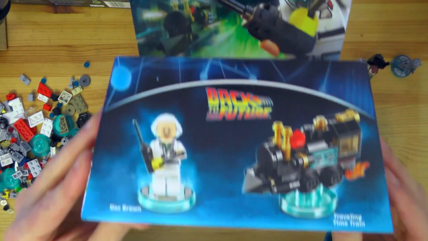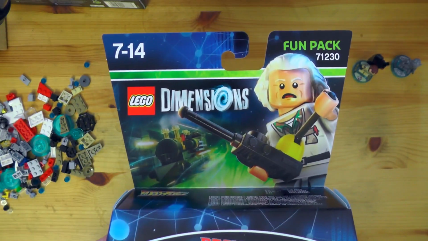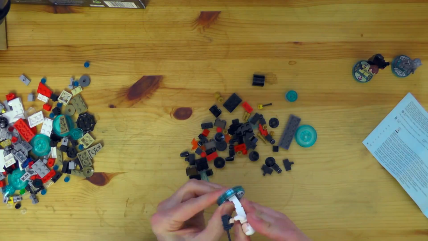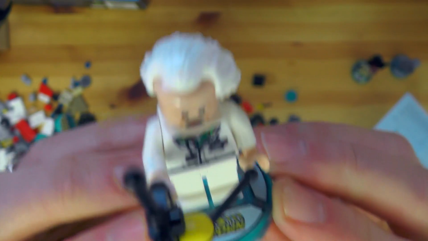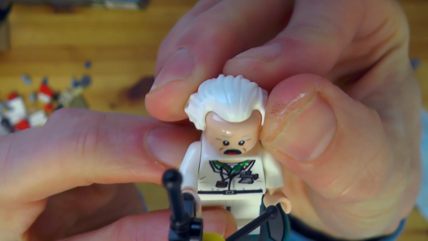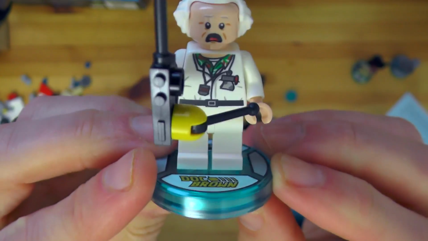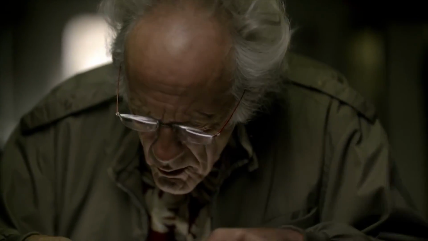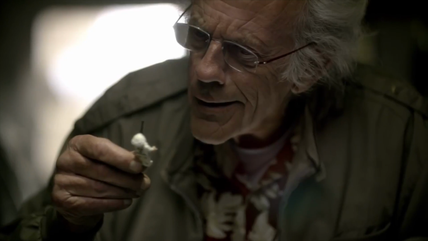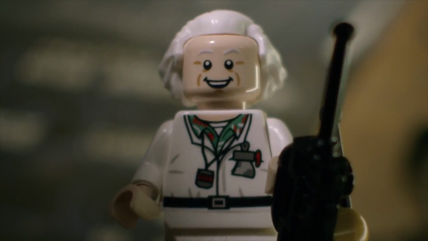Moving on, let's have a look at Back to the Future, the Doc Brown pack. So here you go, Doc Brown, that classic character. I've not quite got his hair right, just adjust that, receding hairline. Now of course he reminds me of that LEGO Dimensions trailer where we had the actor playing, I can't remember the name, playing Doc Brown